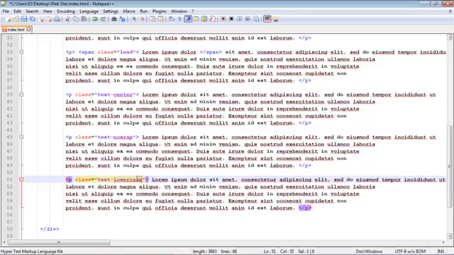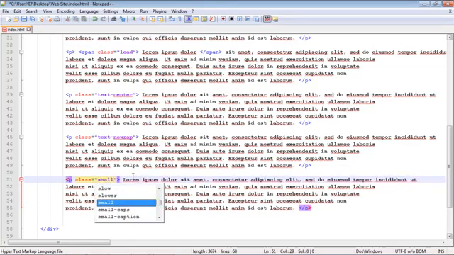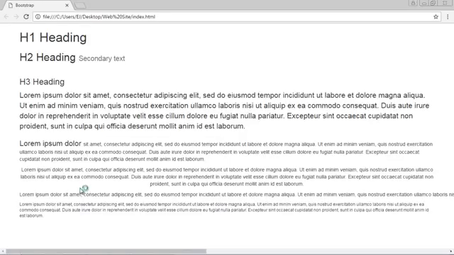Now I have one more thing to show you. You can actually quickly decrease the size of the text if you want using the small class. So let me show you that really quickly. And there you can see the text is now